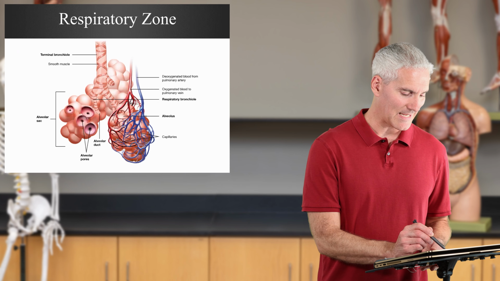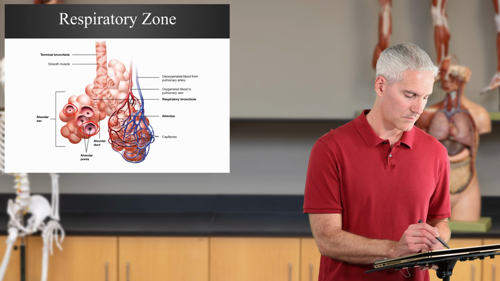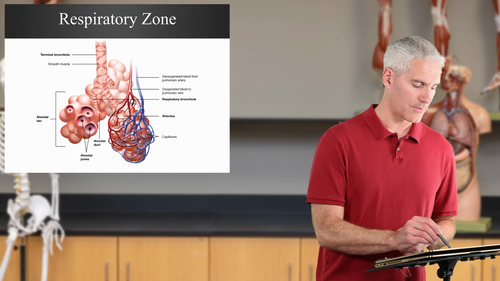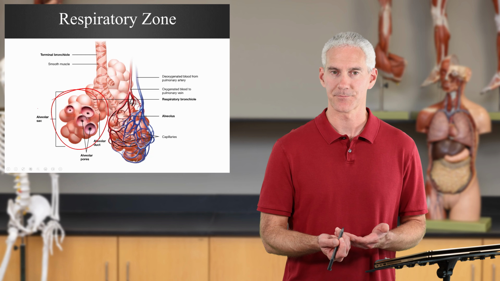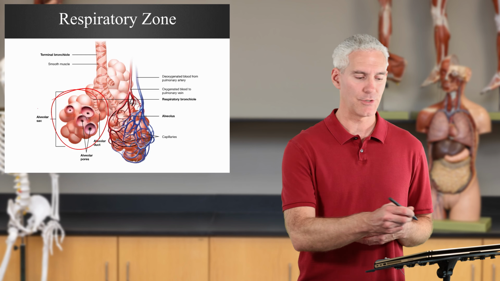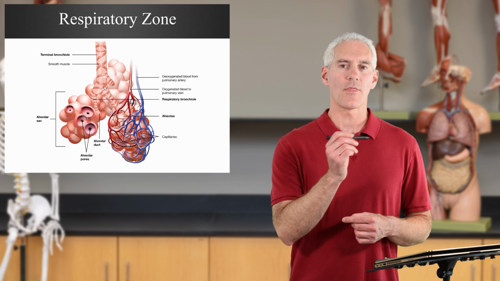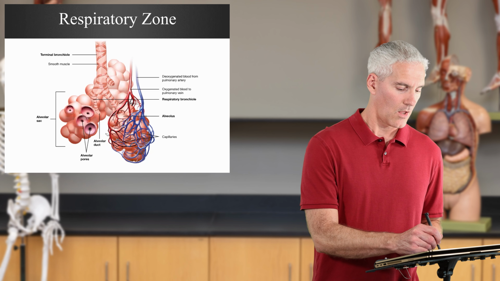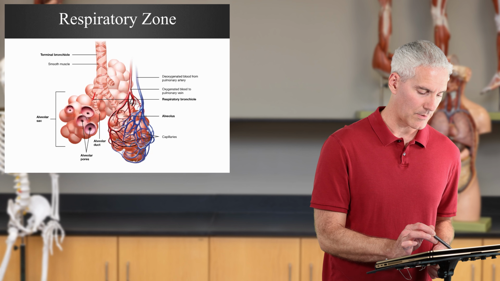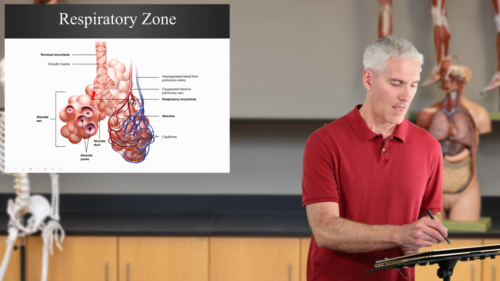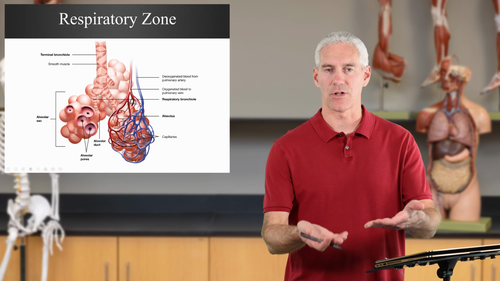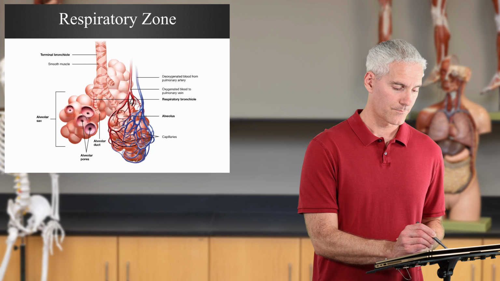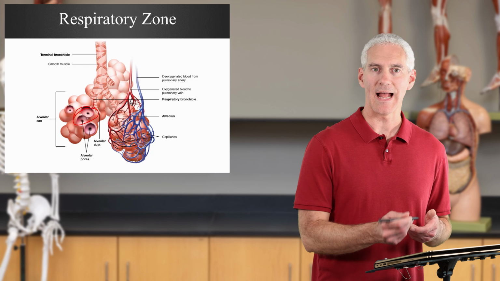So what we're seeing is each individual one, here's one, there's one, this circle, each one is an alveolus. Together, they're referred to as an alveolar sac. So a cluster of alveoli is referred to as an alveolar sac. Now, those alveoli lead to alveolar ducts. Those ducts come up into the respiratory bronchioles. So everything distal to that, from the respiratory bronchioles to the alveolar duct down to the alveoli, that's all